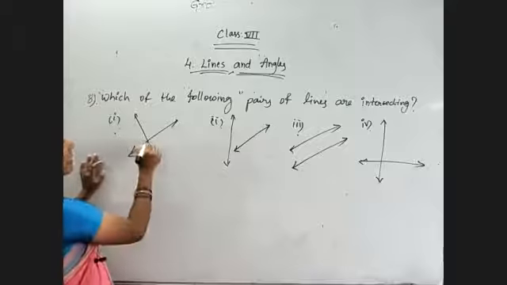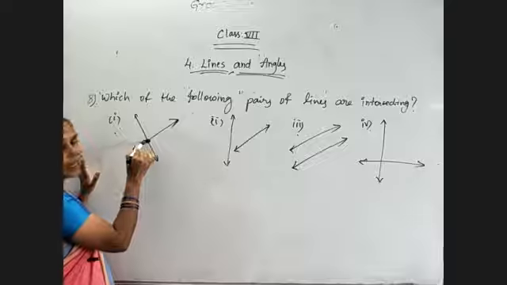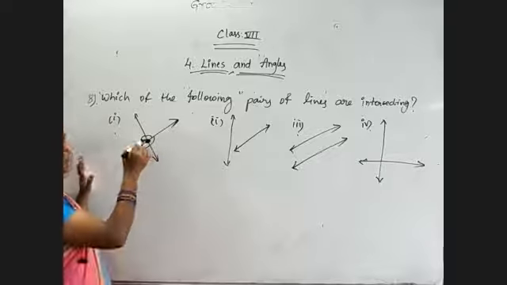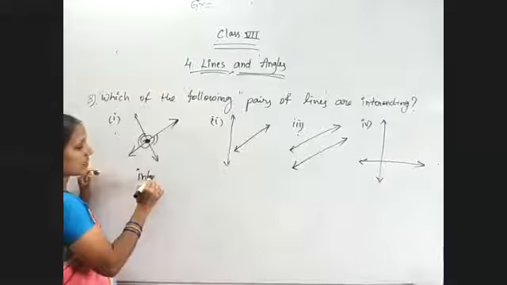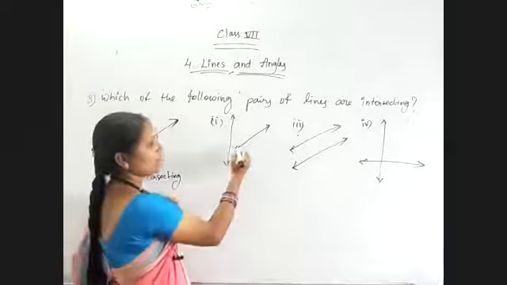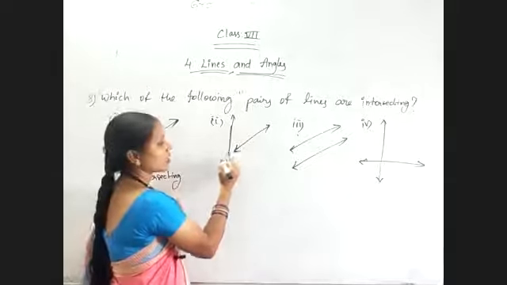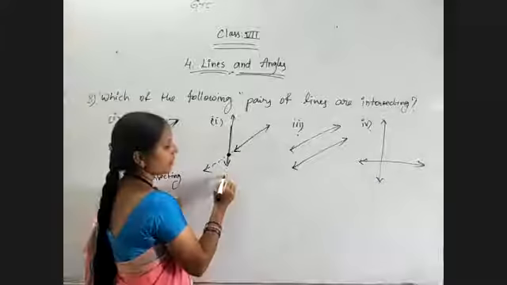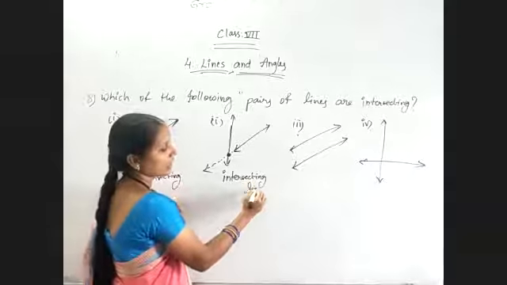Observe the first question. They are meeting at a point. The first condition is that they have to intersect at a point. So they are intersecting at one point, and the angle is not equal to 90 degrees. That angle is less than 90. Whatever angle is forming, it is not equal to 90 degrees. So the first one is intersecting lines. Okay. Coming to the second question, as I told you, if we observe, they are not meeting at any point, but since a line can be extended, they meet at one point. So the second one is also intersecting lines, and the angle is not equal to 90 degrees. That's why these are intersecting lines.